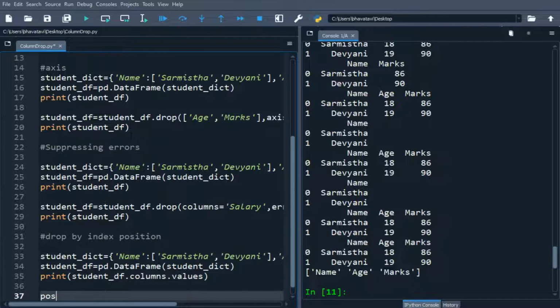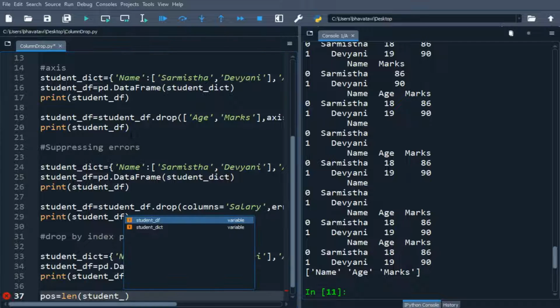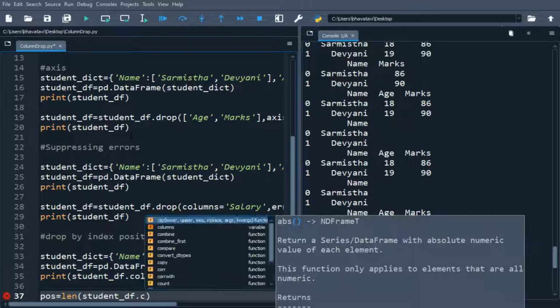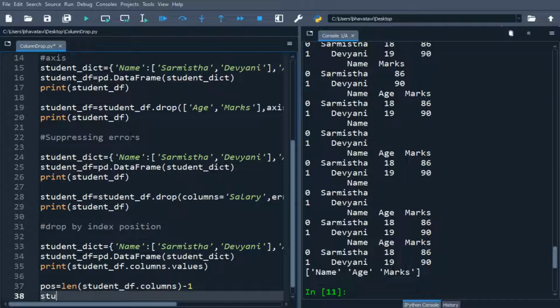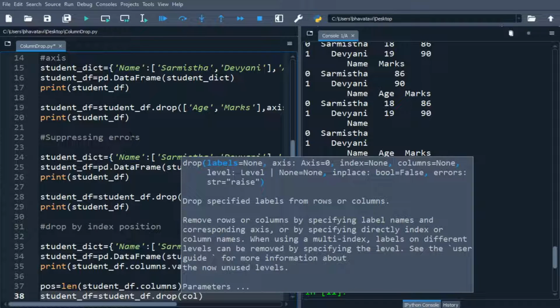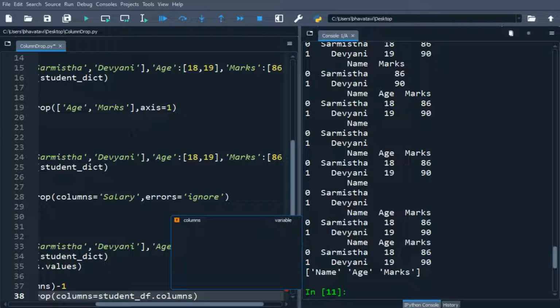So let's make a variable position equals length of student_df.columns, and then we'll put -1. So this will find the position of the last column and drop it. Okay, so student_df equals student_df.drop, and then we'll put the columns equals student_df.columns, and then we'll put the position.